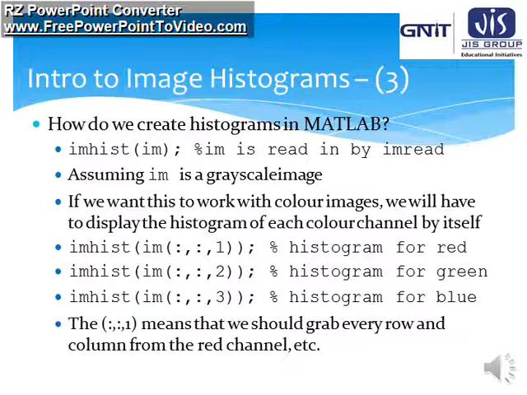And the last one, imhist(im(:,:,3)), is the histogram for blue. Here colon comma colon comma 1 means that we grab every row and column from the red channel, green channel or blue channel, etc. In this example, as 1 has been given at the last, it is used for the red channel.